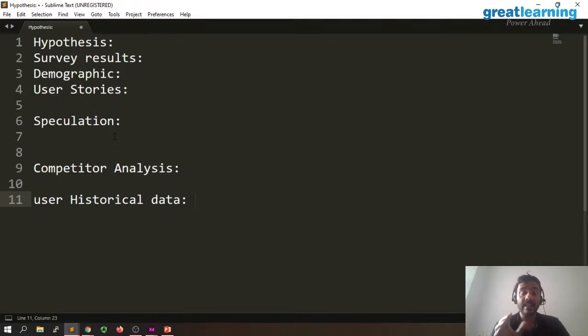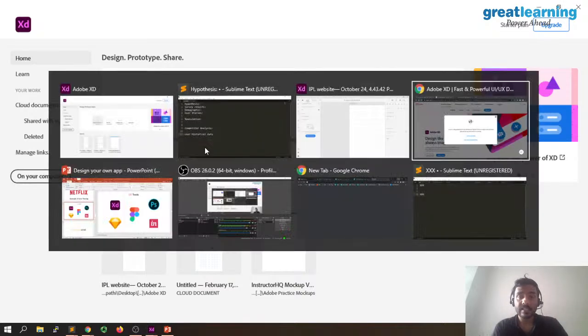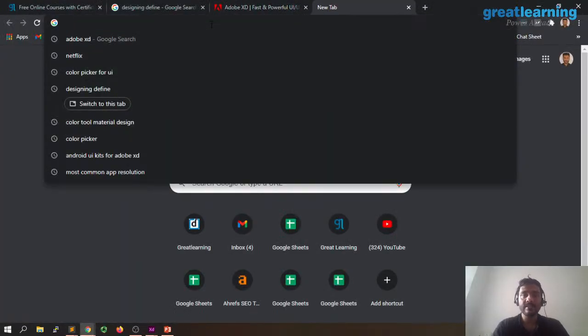So let's say in the year of 2021, what is the most visited app size? So let's actually look that up. This is going to be a part of our research. Don't think of it as cheating or something. This is how you really do the user research process. And there are a lot of other ways also involved. But since we are doing a Jugadu research work right now, this is all we will be doing.